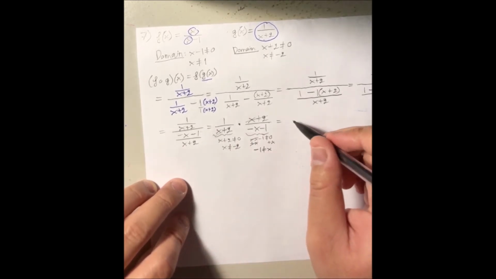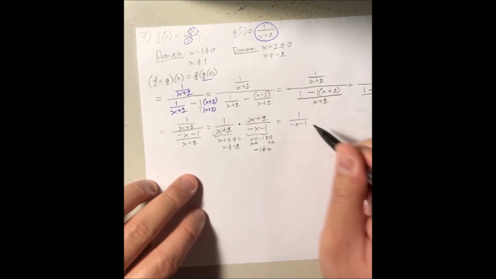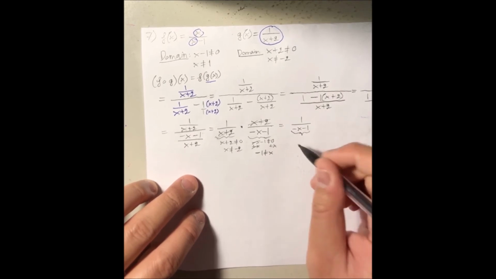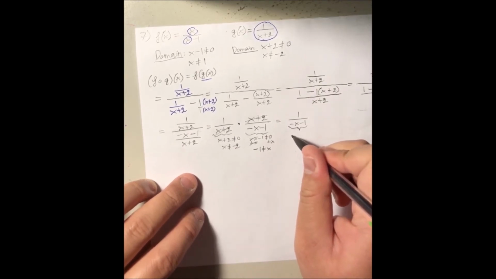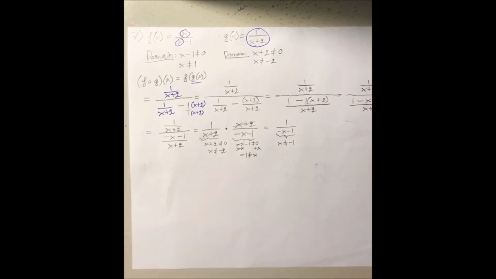So that means we are going to have 1 over negative x minus 1. And of course, the restriction here at the result is that same thing right here. X cannot be equal to negative 1. Now, what is the domain of this? Well,